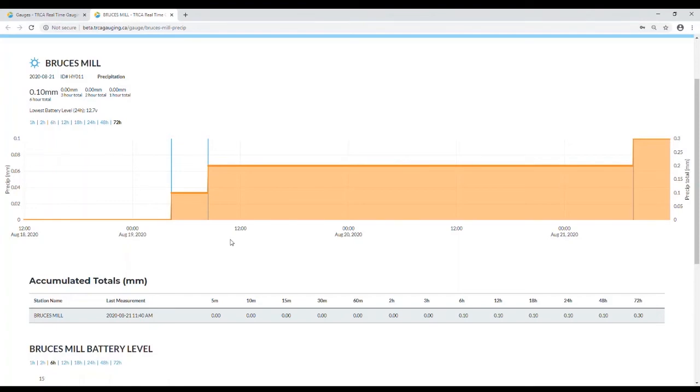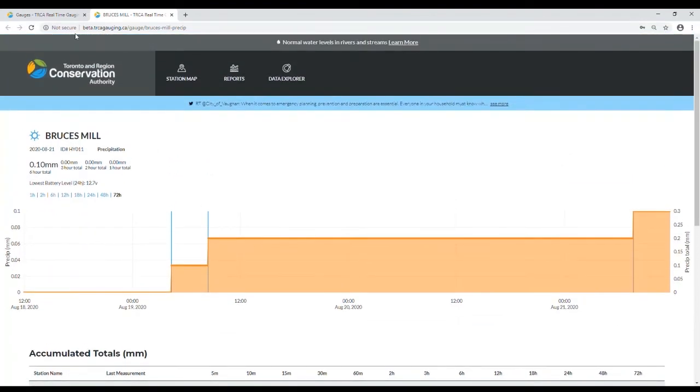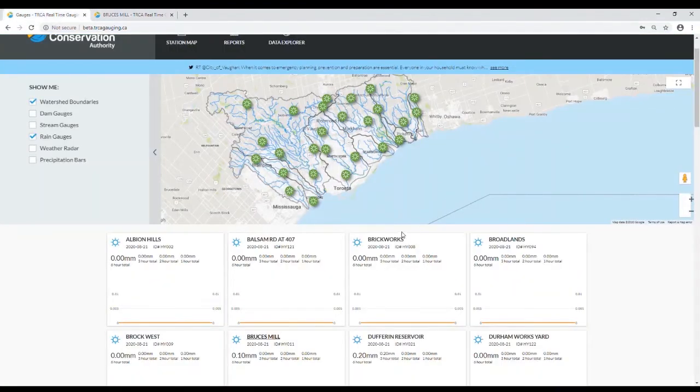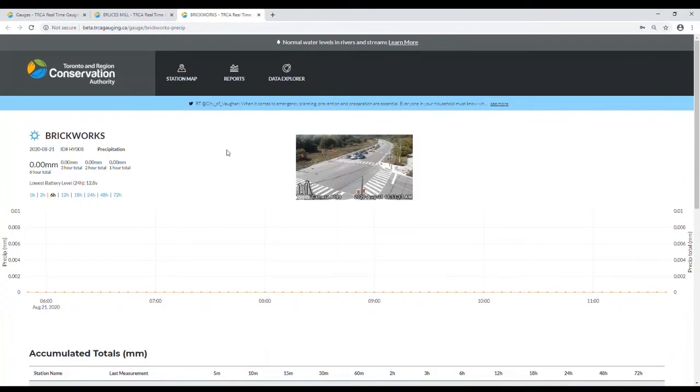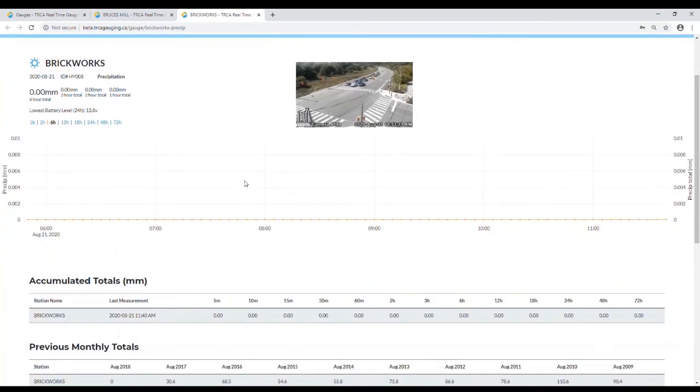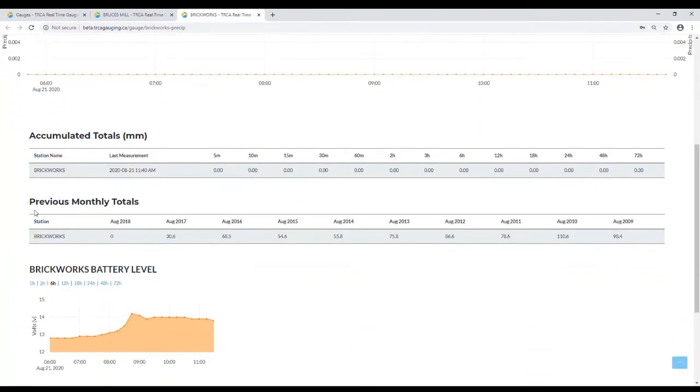Let's look at another station. This station page includes a live camera view. However, this is a traffic camera that is used for reference to visually confirm conditions at this location. This one also has the previous month totals.